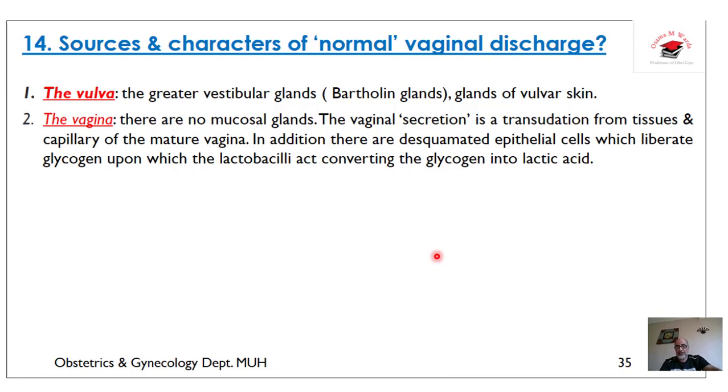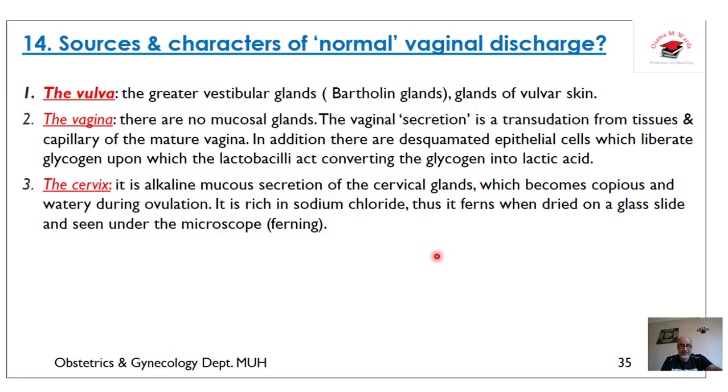The vaginal secretion is transudation from the tissues and capillaries of the mature vagina. In addition, there are desquamated epithelial cells which liberate glycogen, upon which the lactobacilli act, converting the glycogen into lactic acid. The cervix gives an alkaline mucus discharge,